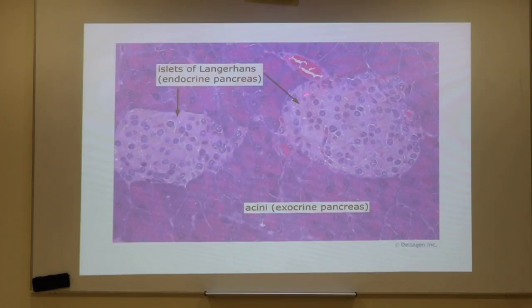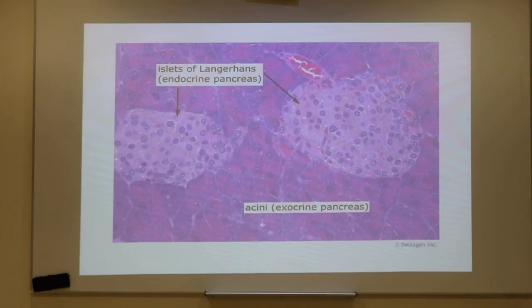Now, these pale staining clusters of cells are going to secrete several hormones, and they also have different types of cells. The three major types of cells which you find in the islets of Langerhans are alpha cells, beta cells, and delta cells. There are others also, but you at least have these three major types. The other thing about islets of Langerhans is that the most abundant are present in the tail of the pancreas. So the highest concentration of the islets of Langerhans would be seen in the tail of the